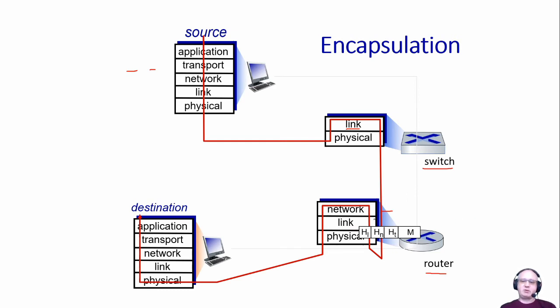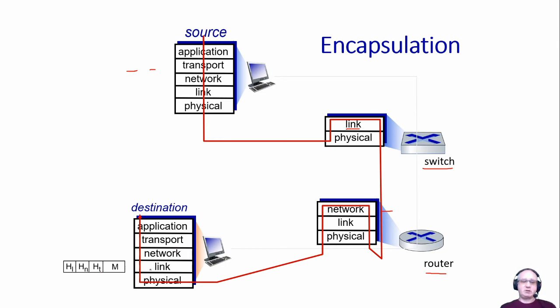So this router here now has received this particular frame on its, let's say, Ethernet interface, and it passes this up to the network layer. To do that, it will strip the link header from it and pass it up, and so now the network layer will look at the network header, which contains the information about where to send this particular datagram. And let's say the network layer decides it needs to be sent out to this link. To do so, it will send it to the link layer that goes with this link, which will prepend another link header and then send it to the destination.